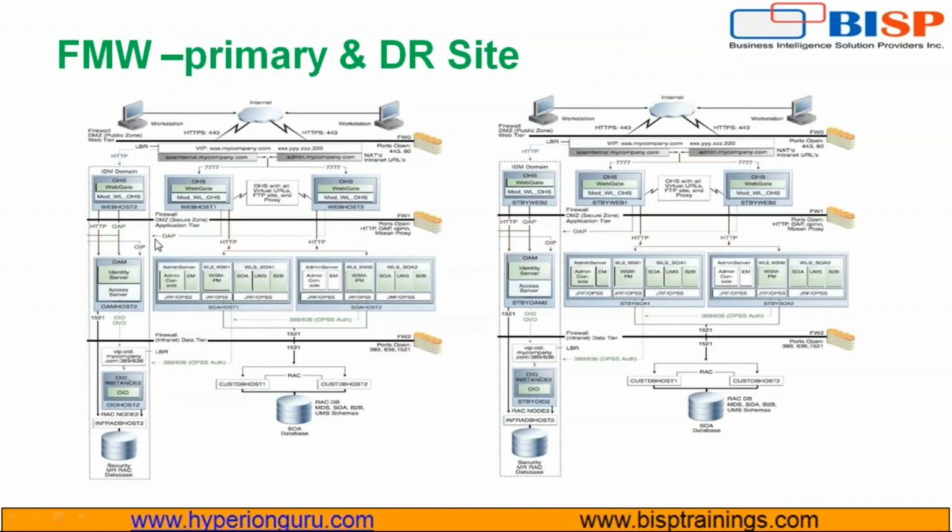Right, so this is just about primary and DR site highlights. Mainly it's a clone of this. So if the primary is running, DR actually keeps a copy of your primary, in case for some reason your primary goes down, DR, which is an exact replica of your primary, takes it up, takes the control, and then until your primary comes back up, your DR will be working till that. So you can see